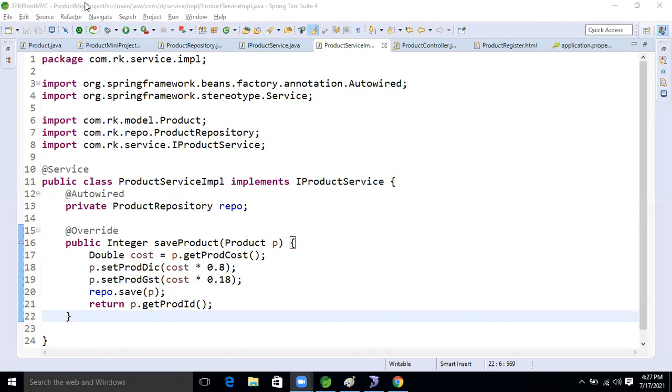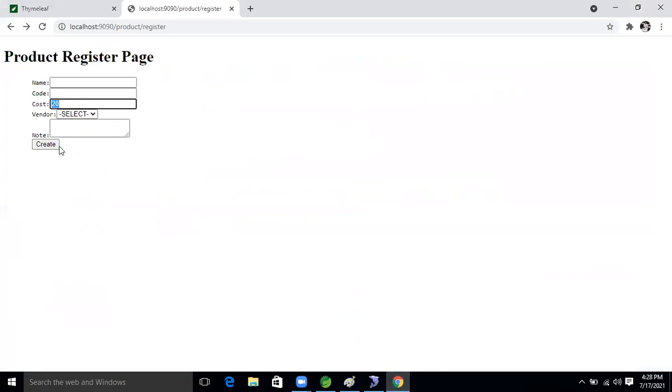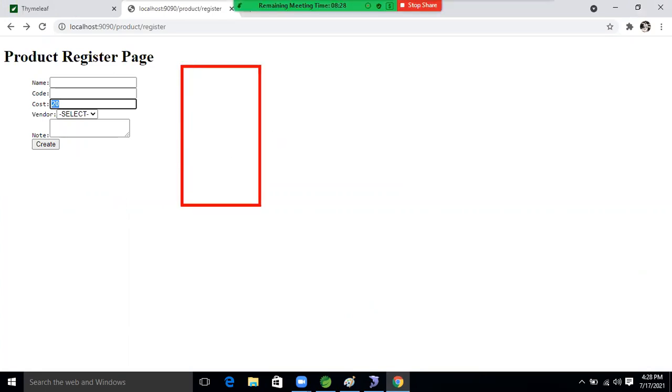So now, guys, in the controller, what will we do? Whenever we click the create button, this form data will go to our controller. I already explained that our IOC container will create one object based on this form.